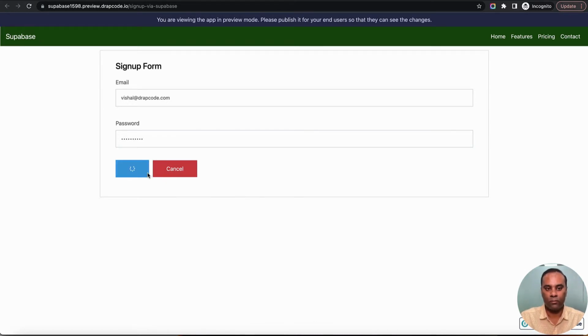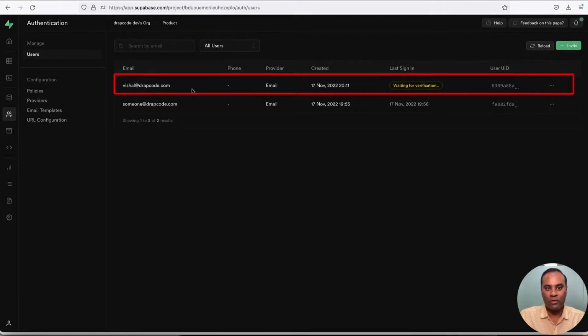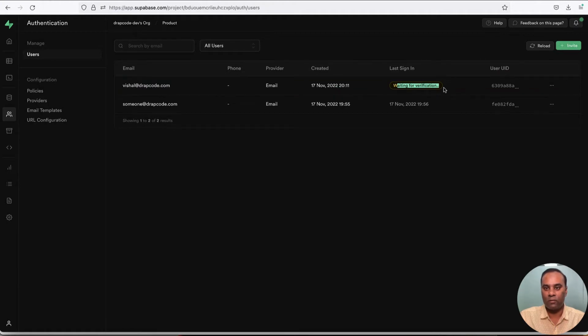I'll just submit. It has sent the data to Supabase and a success message is written. This is exactly what we configured in the event. Let's go to Supabase and see whether the user got created or not. So I'll go here and just reload the page. So you see the user actually got created and is waiting for confirmation, because it sends an email to the user